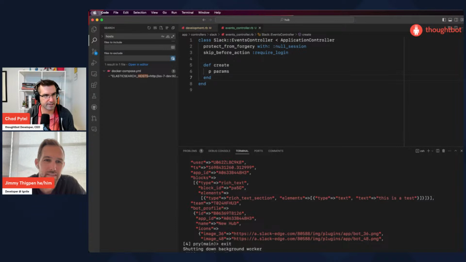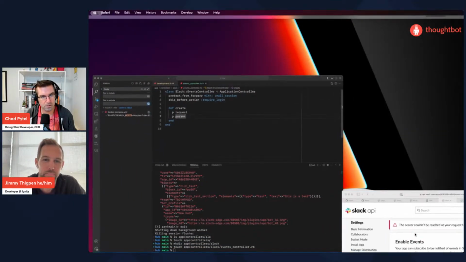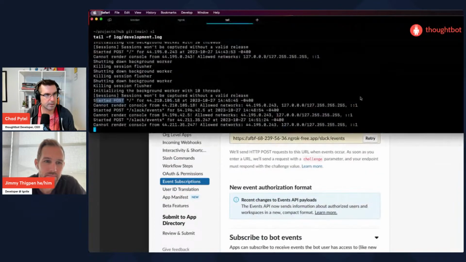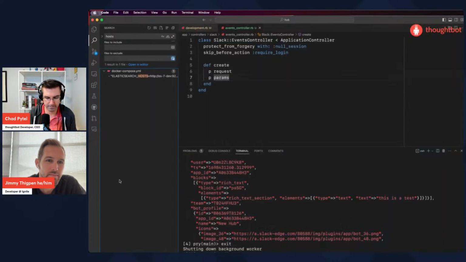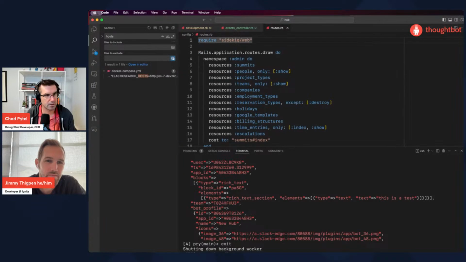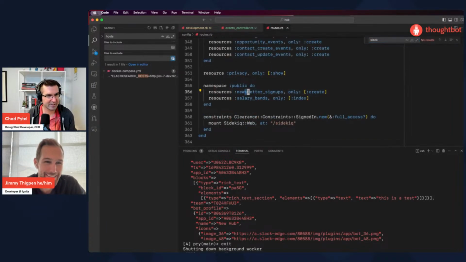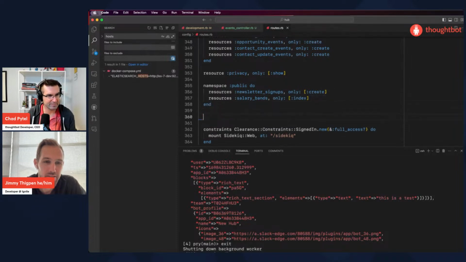That controller exists now, and hopefully it'll print out the params. Actually, just for good measure, let's print out the request. Nice. And retry that. Oh, I didn't add a route for it. I felt like something was missing, but unknown territory, slightly known.